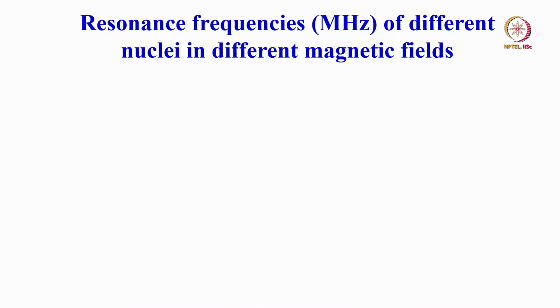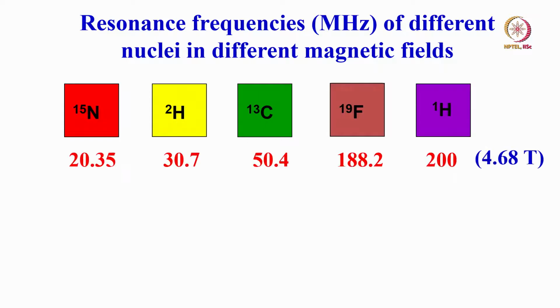So, please remember, they all come in the radio frequency region. Resonance frequencies of different nuclei in different magnetic fields, let us see. We can see proton, nitrogen, carbon, fluorine, varieties of nuclei. Let us see, I have a 4.68 Tesla magnetic field. Proton comes at 200 megahertz, fluorine comes at 188.2 megahertz, similarly carbon 50 and nitrogen is 20.35 megahertz, all in